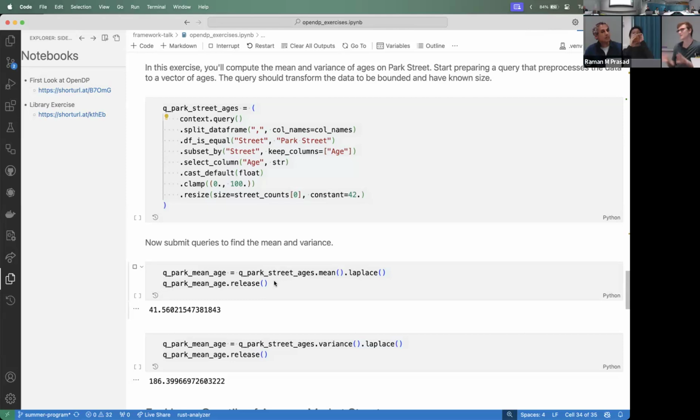But there are definitely multiple approaches to estimating means. One that you're probably familiar with is to estimate the count, estimate the sum, and then post-process. Another way of going about it is having a two-stable data set transformation that resizes. And with that, let's say you have a prior on a general sense of what the data set